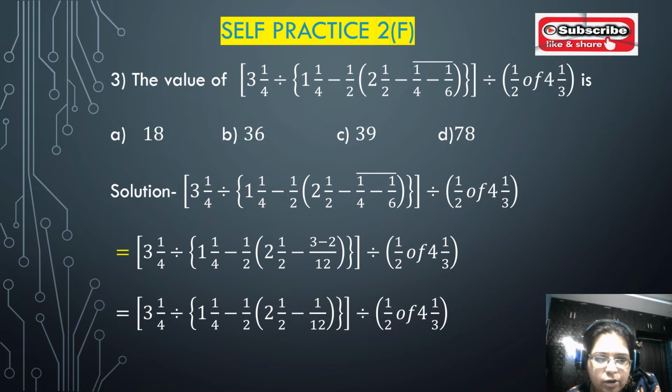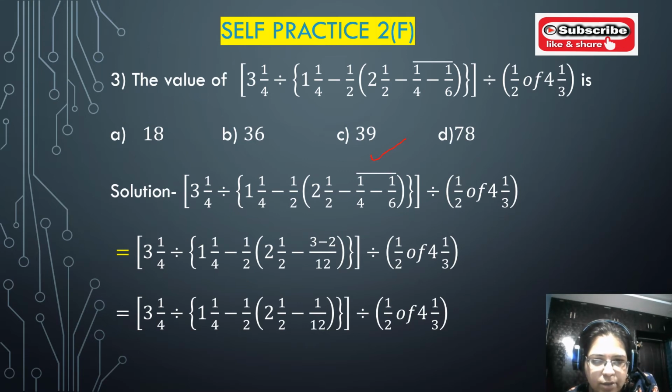So perform multiplication and division, which have equal priority, from left to right. Then addition and subtraction, which also have equal priority, so evaluate those from left to right. So first we perform the brackets, that is the parenthesis, curly bracket and square bracket, then of, then division, multiplication, then addition and subtraction. So first we perform this vinculum bar